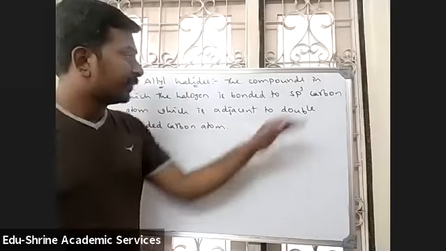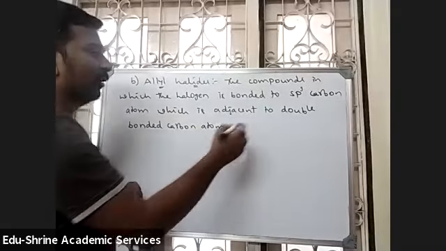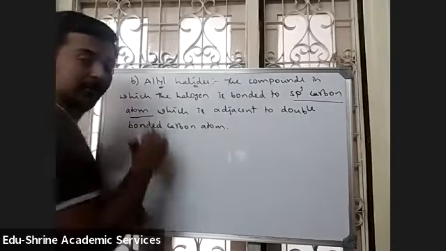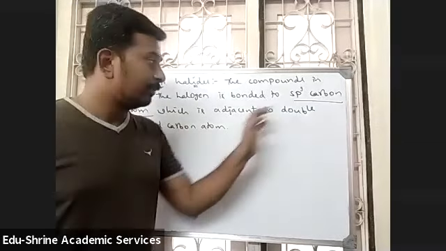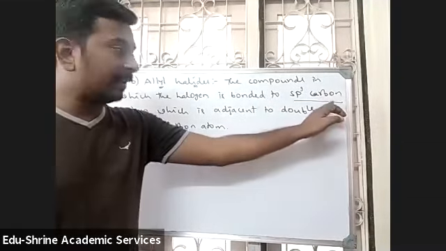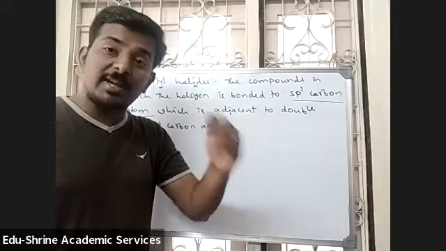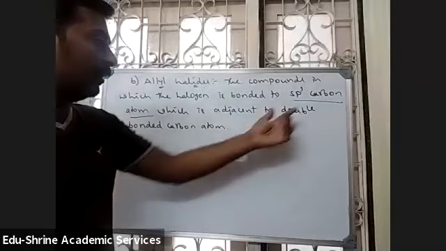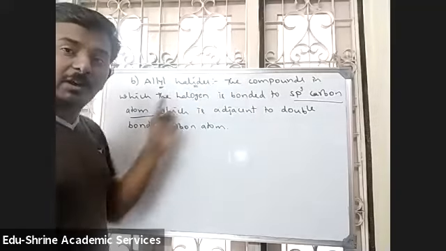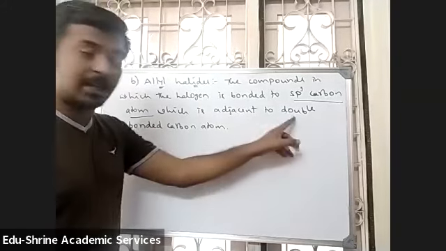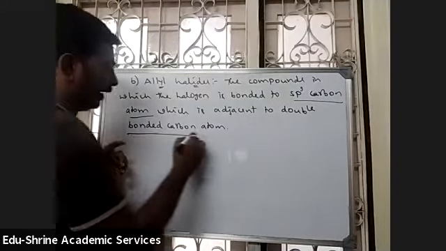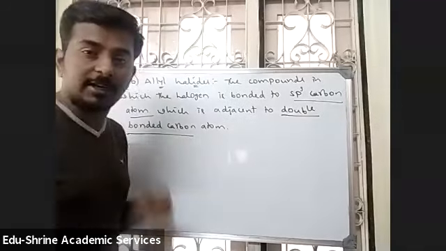That means these are the compounds in which halogen will be bonded to an sp3 carbon atom only, similar to that of alkyl halides. But in alkyl halides, the carbon atom will be bonded to an sp3 carbon atom and it must be an alkyl group. But here, the sp3 carbon atom to which the halogen is bonded is further attached to a double bonded carbon atom. For example,